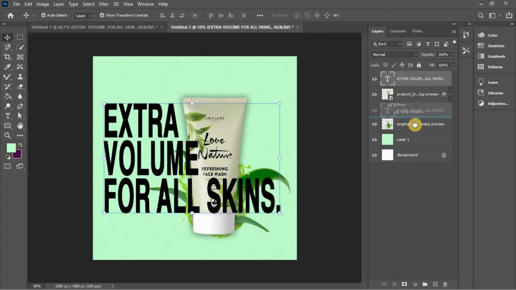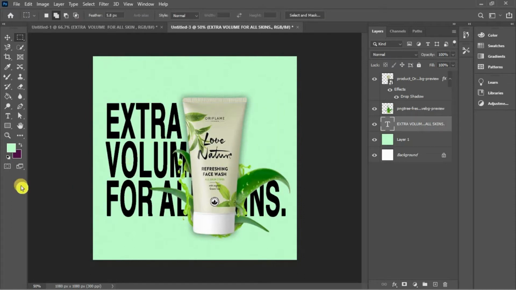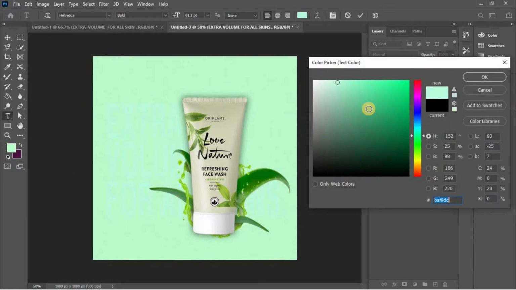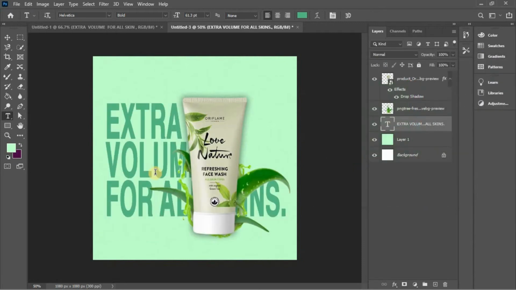Okay. Now make the text size bigger. Now place it behind the image. Okay. You are watching that the black color is not looking good because we use muted colors in this poster, so we change the text color. Something like this. Okay. Now it looks better.